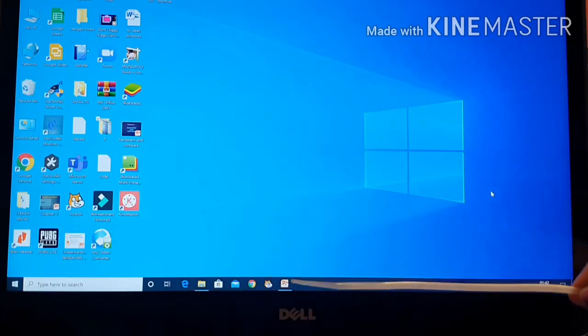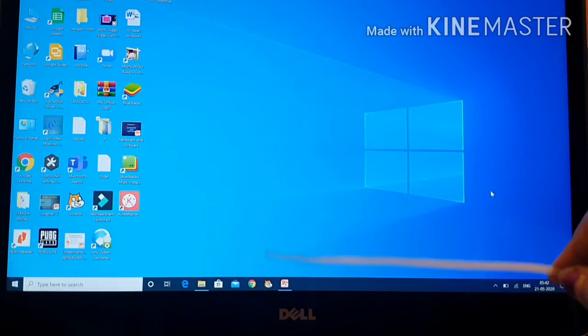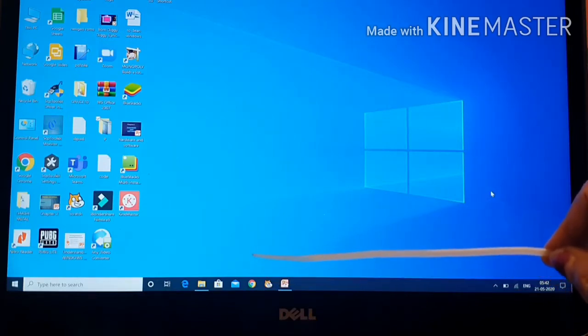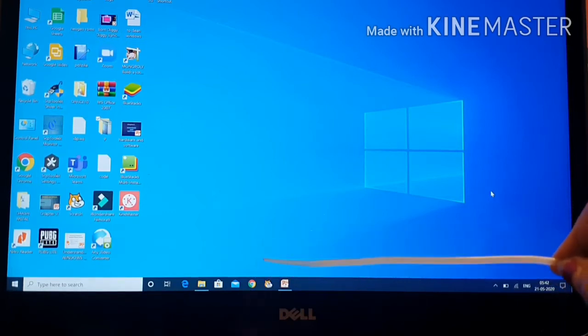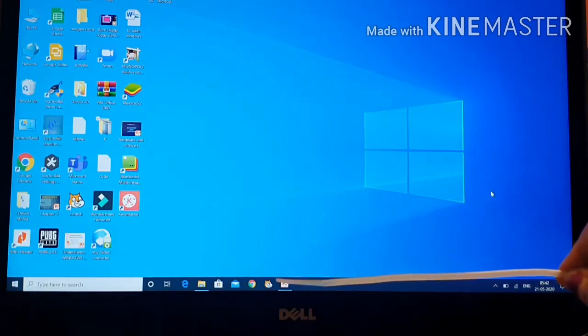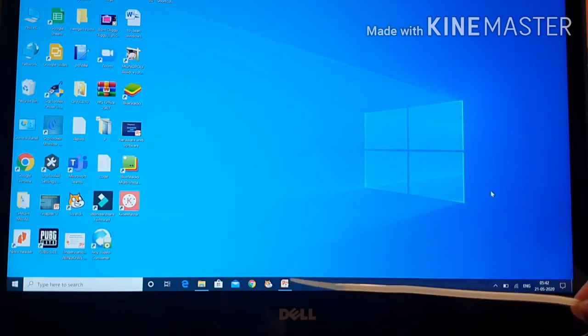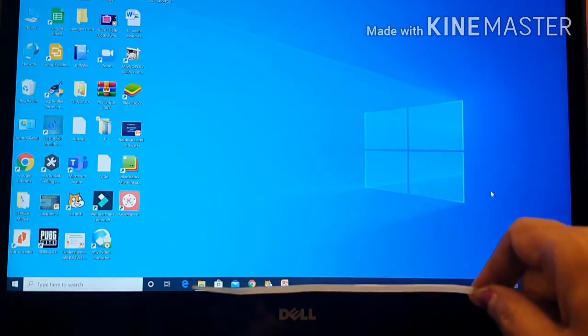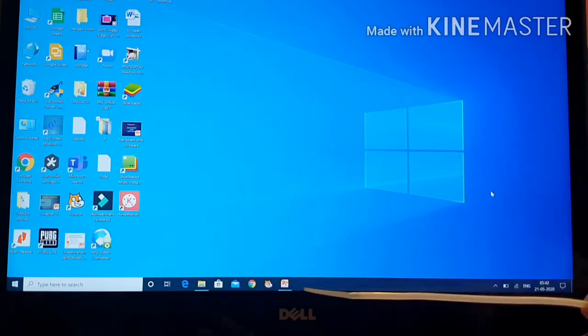These are the applications which are currently open in my system, or the pinned applications which I use frequently. Pinned means the applications which I use frequently. The applications that I use the most will be at the middle of the taskbar, or the applications which are currently open. Like this presentation is open in my system. These folders are open in my system because these have this line below these applications.